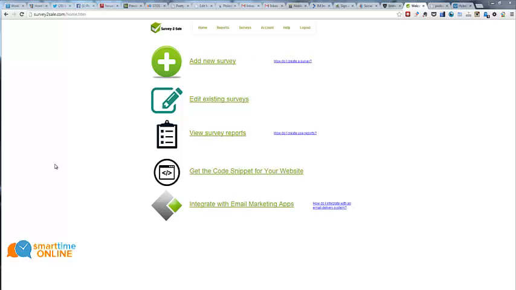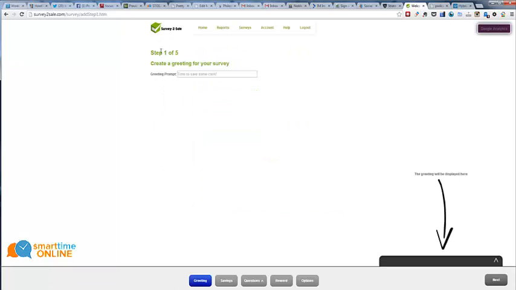So this is the login screen. This is the screen you're taken to right after you log in. And as you can see, it's very clean. It's got a simple back end, and we're going to go ahead and create a new survey by clicking Add a New Survey. So as you can see here, there are 5 simple steps to creating a survey, which are